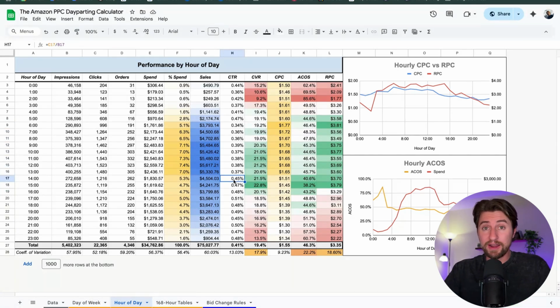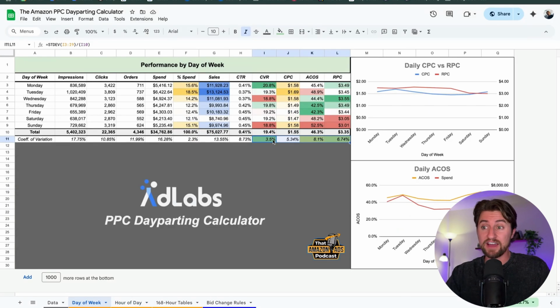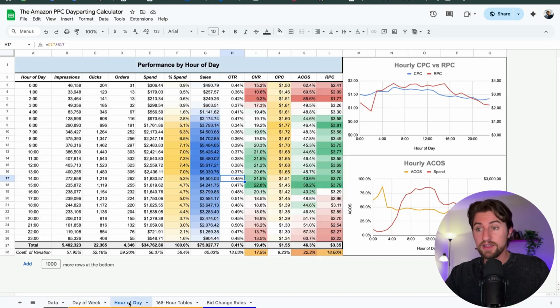Now, if you are a brand that is selling B2B, then the changes in conversion rates are going to be astronomical between who's shopping during business hours versus all other times of the day. And you'll probably also see much larger conversion rate swings across days of the week as well. This brand just so happens to be a B2C brand that rightly identified that before day parting,